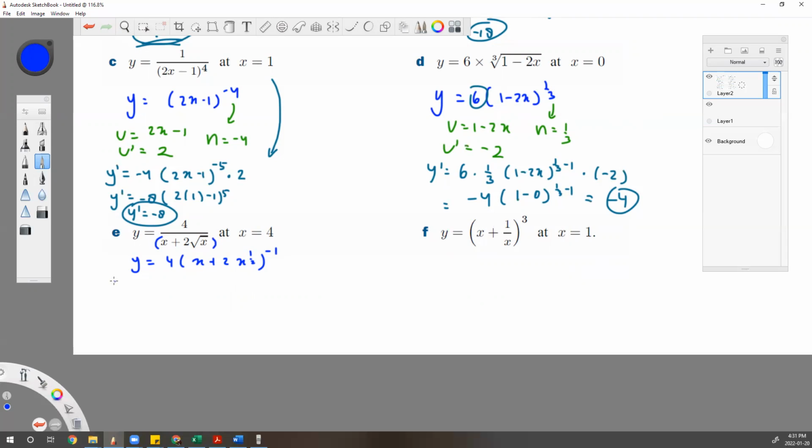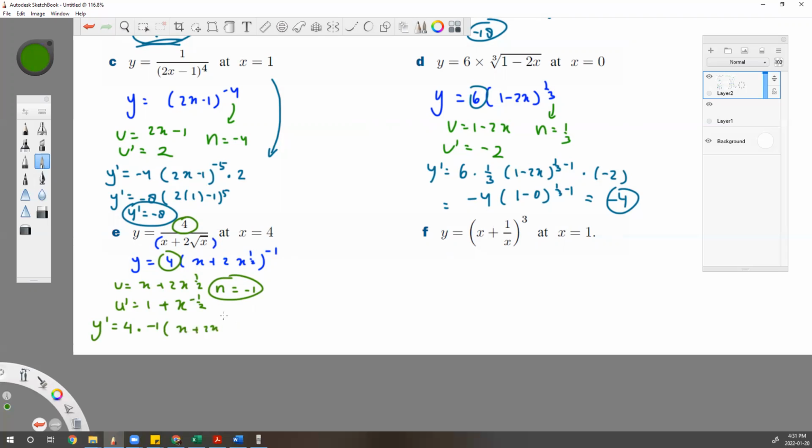Then u equals x plus 2x to the power half. u' is 1 plus x to the power -half, because 2 times half is 1, and half minus 1 is -half, and then the n is -1. So y' will equal, we have the 4, write down 4 times n times